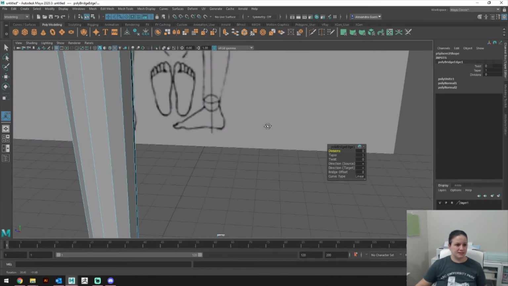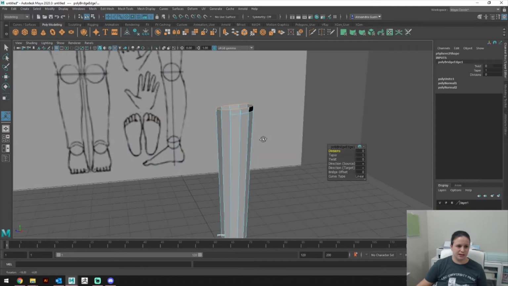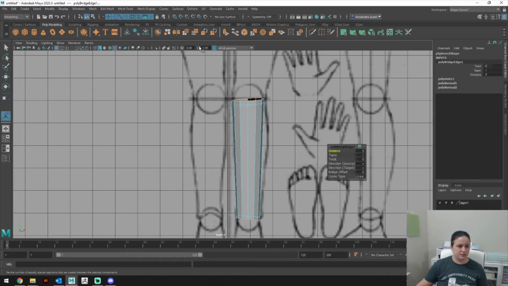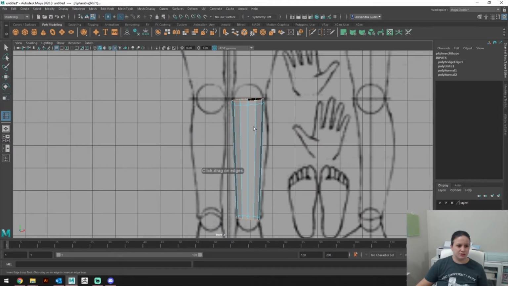It doesn't seem to be anything, it's only because there's layers on top of each other, and that's why it's giving me that black error. So what I'm going to do is go to the front view. I'm going to go to Mesh Tools, Insert Edge Loop. I'm just going to add an edge loop where the highest part of the thigh is, or the calf I mean. Now I'm going to click R to scale it and scale it up a little bit,